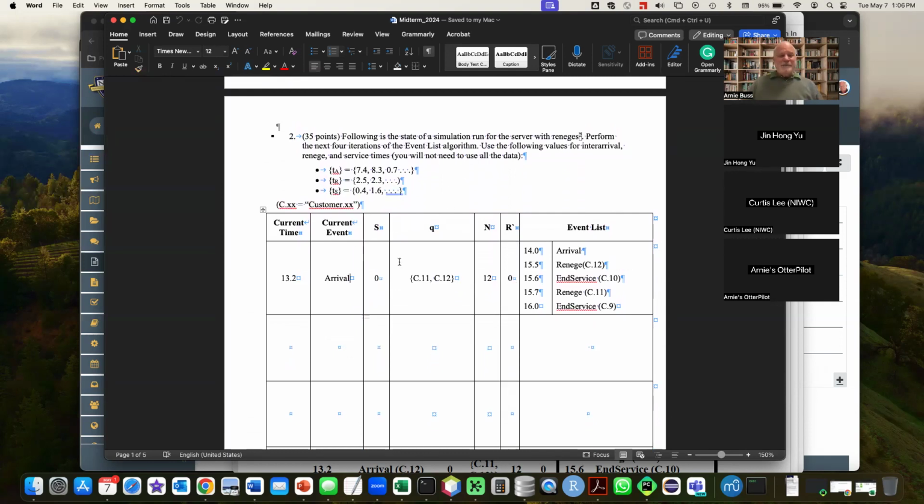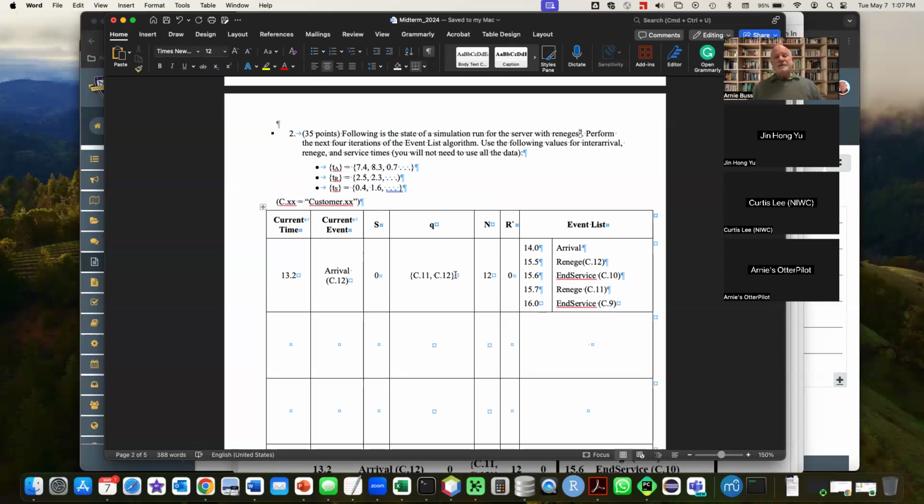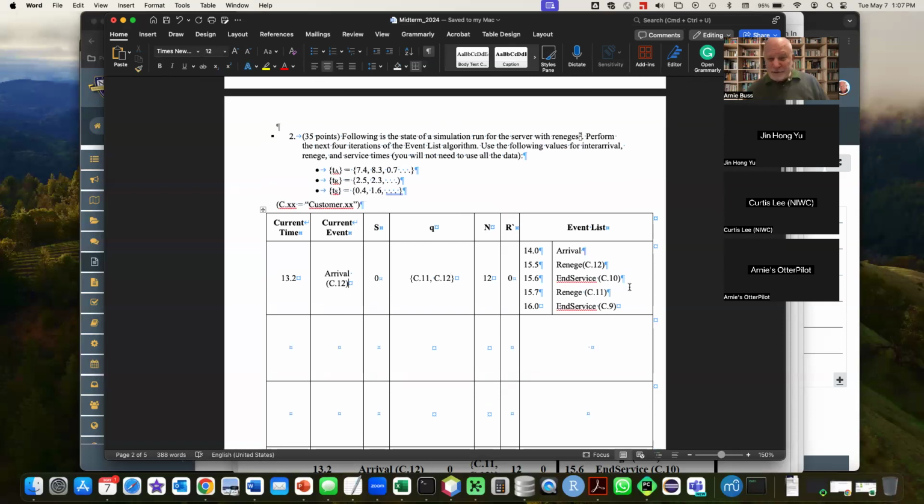Unfortunately, what this was supposed to be was this. In other words, it wasn't just the plain arrival, it was the arrival of customer number 12, because the 12th guy is in here. His renege event is over here. That was my bad. And so there were a number of things. What I tried to do was